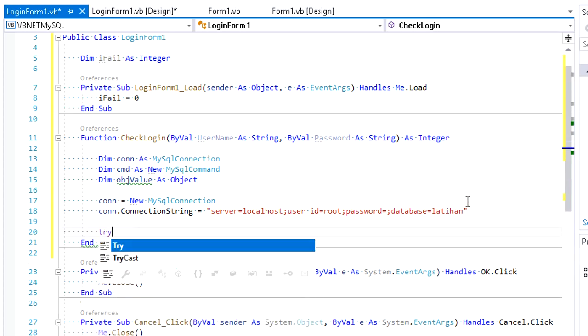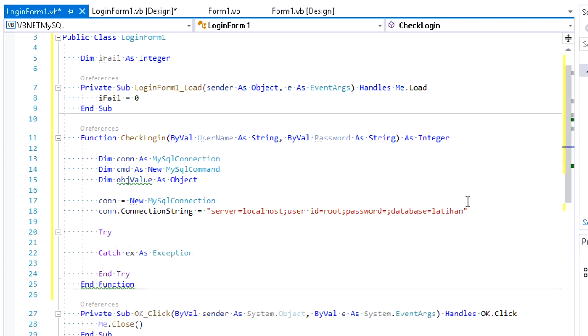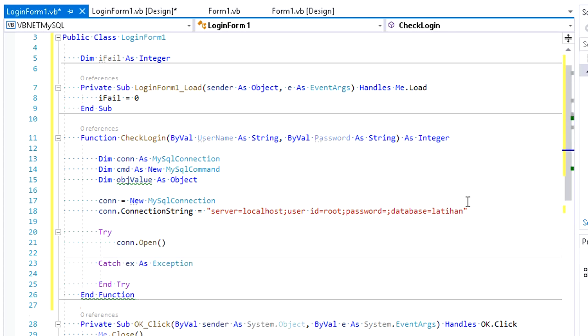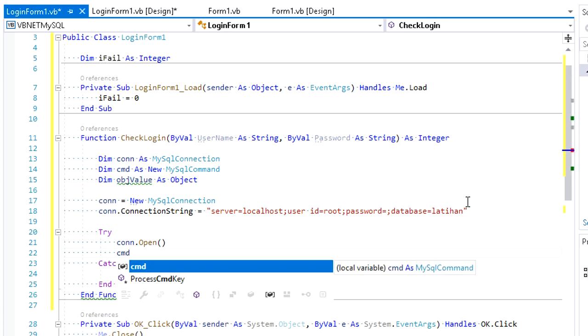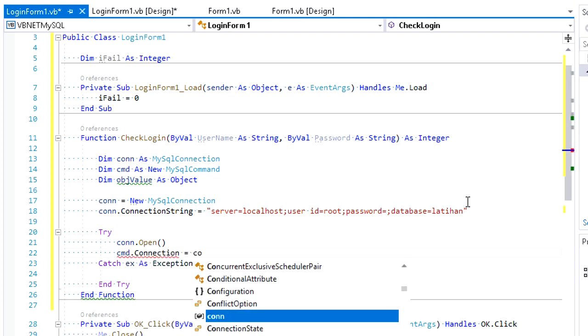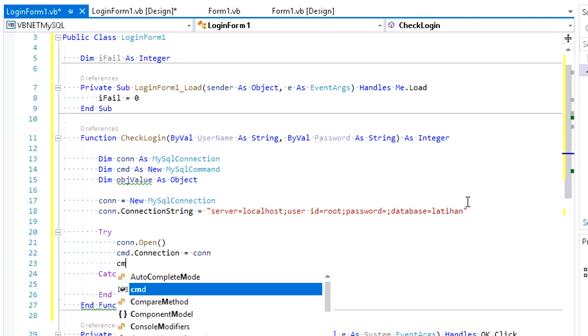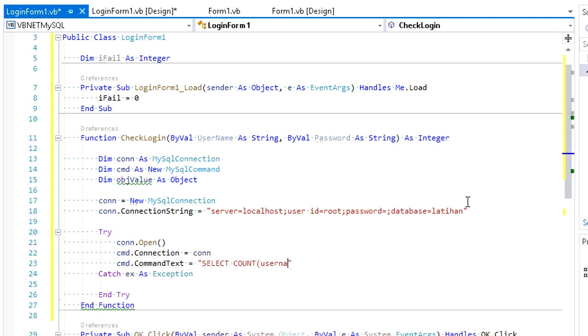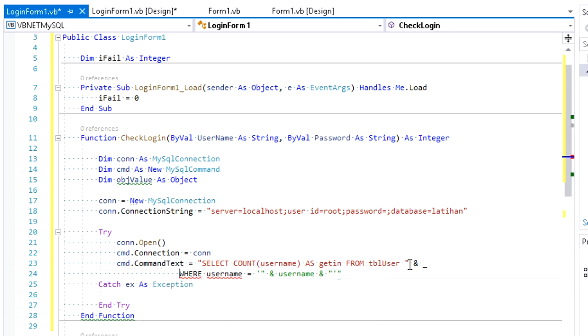Add try catch for error handling and con.Open to open the connection. Then the cmd uses con as its connection. Create a command text like this, which is counting the number of user data that match the input username and password.